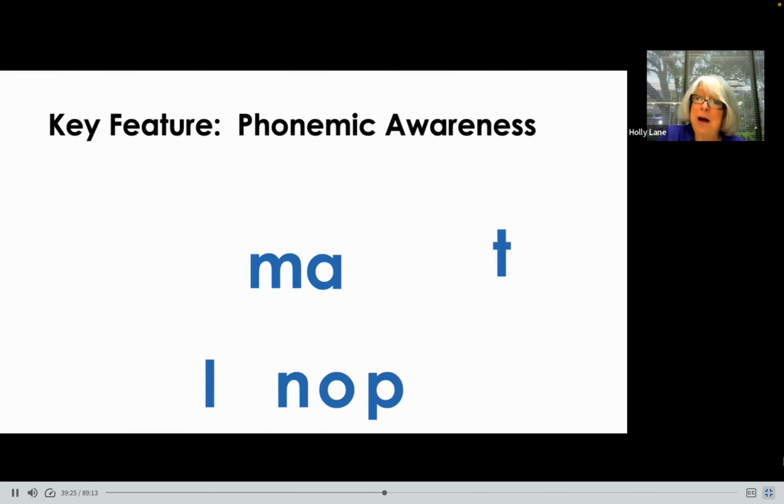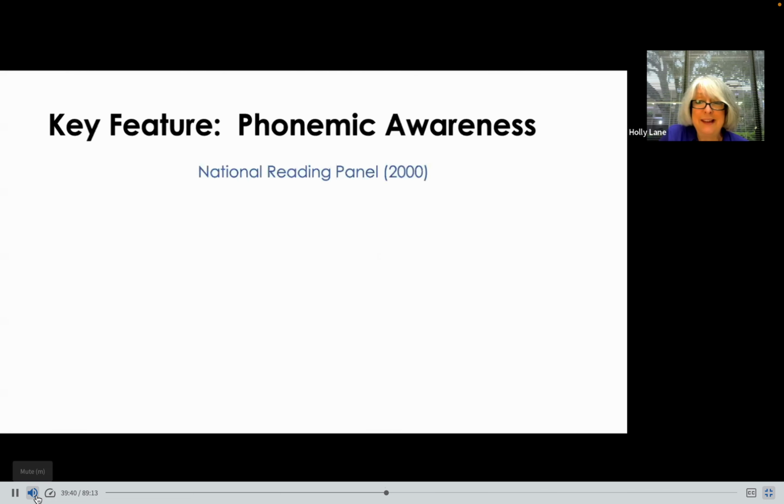I can also model substitution. So I can take away the t and replace it with a p. This is giving something much more concrete for kids to understand the idea of substituting phonemes. One of the things that's important to know